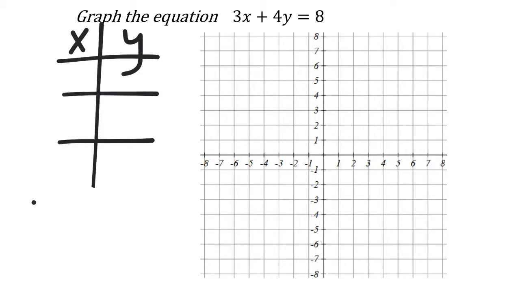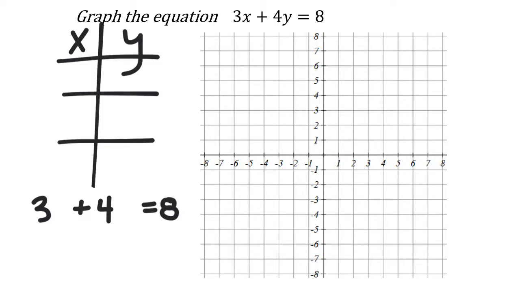So I'm going to set this up: 3x plus 4y equals 8. And again, since I have coefficients on both, well, you know what? In 980, you're going to learn how to change the format of this equation. But since we haven't learned that yet, let's just stick with the format that we have. If you know how to do that, you're welcome to use it, okay? So in this specific equation,